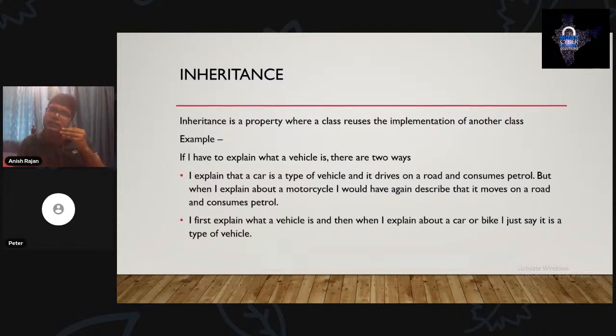So I have to repeat myself every time I explain a car or a lorry or a bike or any kind of vehicle. To avoid this repetition, I first explain what a vehicle is, and then I explain that a car or a bike is a type of vehicle.